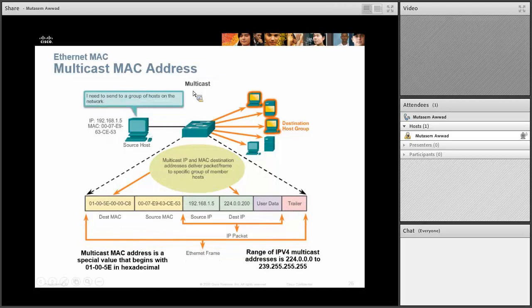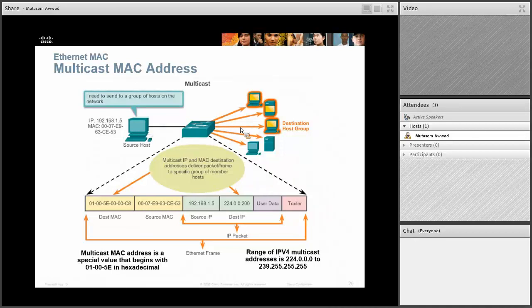A multicast address is when you want to send a frame to multiple users, not everybody in the LAN. What you do is you give these 3 guys an address that starts with 224, a class D address, if you are familiar with IPv4 classes. And your destination MAC address should start with 01-00-5E, and the last 24 bits is really your IP address converted into hex. And when you transmit that frame, it goes only to the people that have the 224